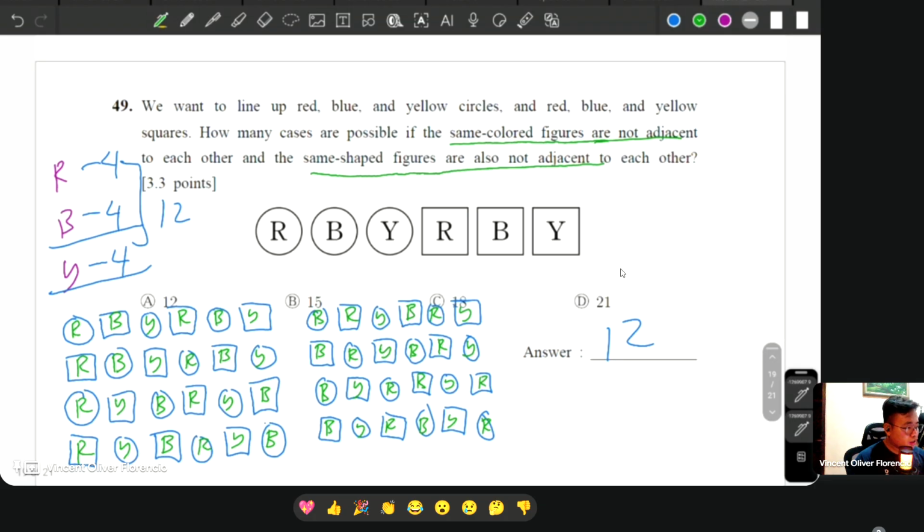But again, as I told you, this is for red, this is for blue. Same thing with yellow, you will also have 4 arrangements. Okay, you will just have 4 arrangements here. Are you pretty good? I'm not going to show the yellow anymore, but again, all of them will just have 4 arrangements each. That's why we have 12 here in total.